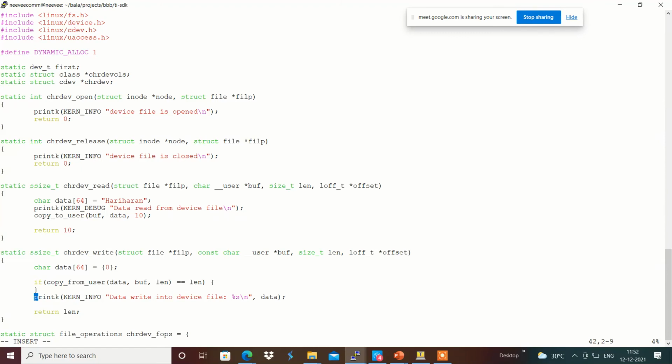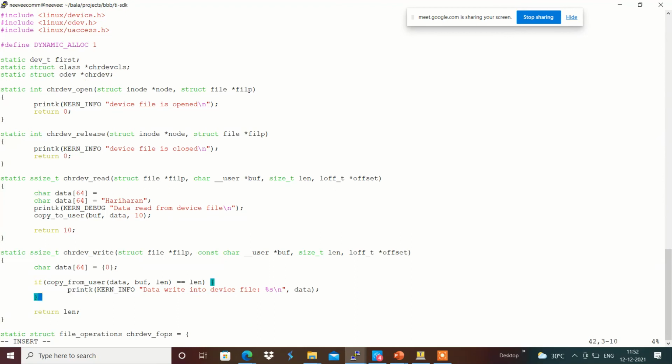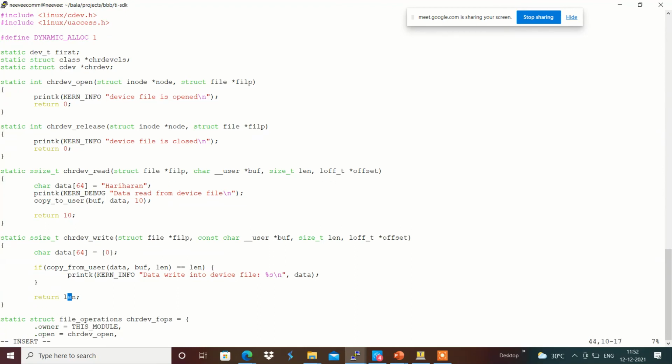If it matches, then it should be fine, the data was consumed properly, else it will be a -1 error. If copy_from_user gives us the respective length, then we received the data accordingly.